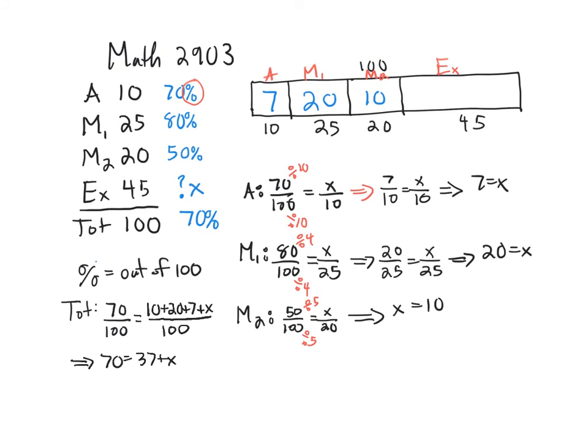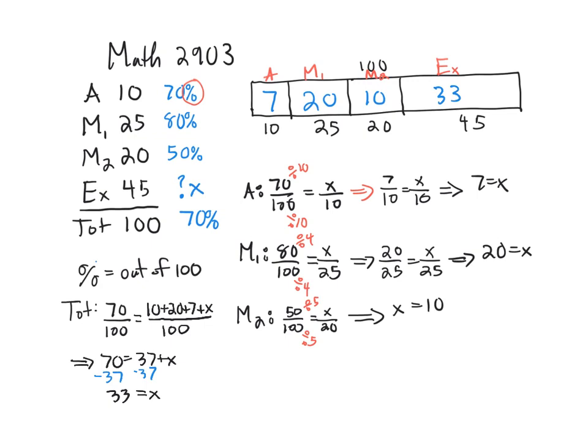This is good. Okay, so now let's subtract 37 from both sides. So that gives us 33 equals x. So we know they need 33 points